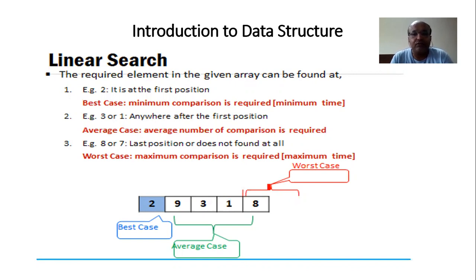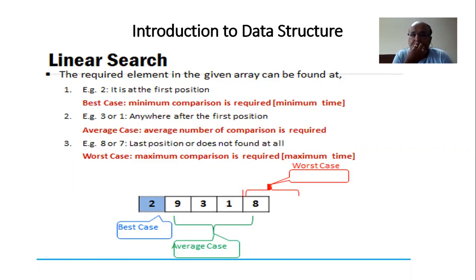Now let's see one practical example. We have three cases: best case, worst case and average case. Best case means the algorithm will take the least or minimum amount of time. In the worst case, the algorithm will take the maximum amount of time, correct? And in the average case, your running time is always in between the minimum as well as the maximum, correct?